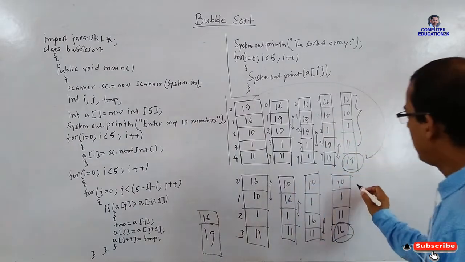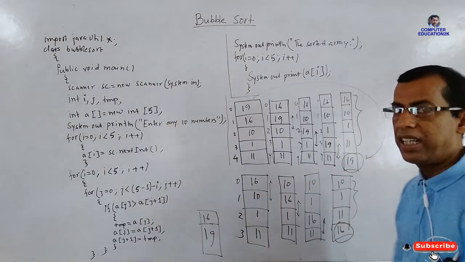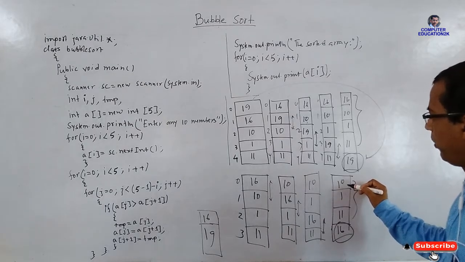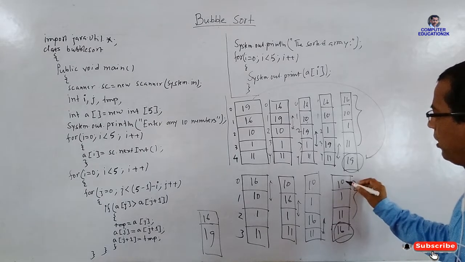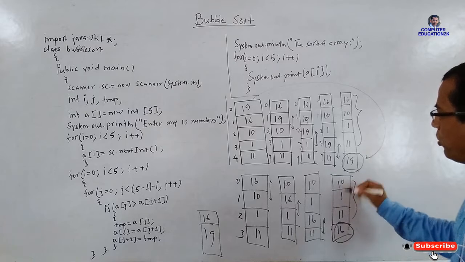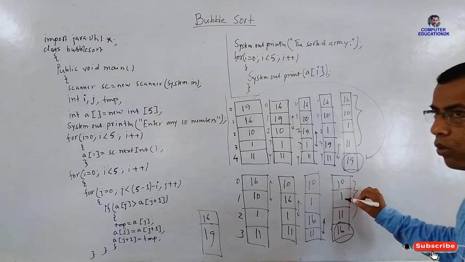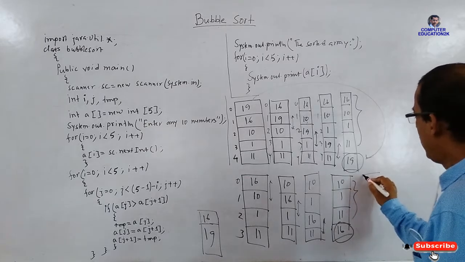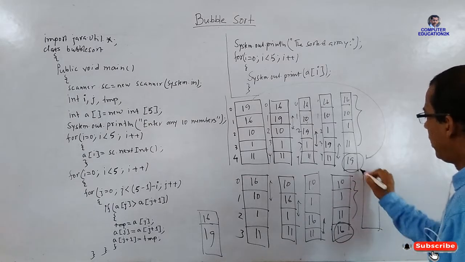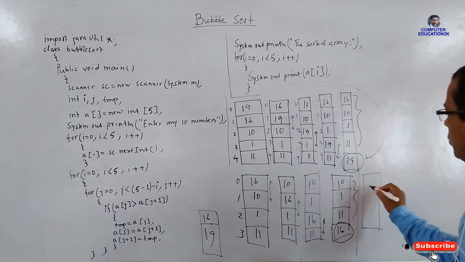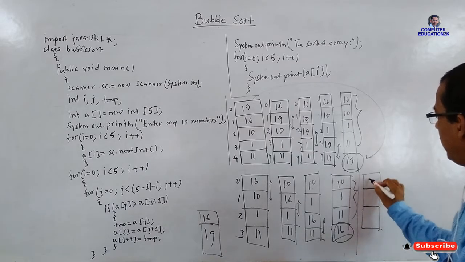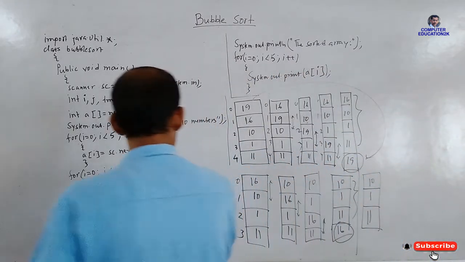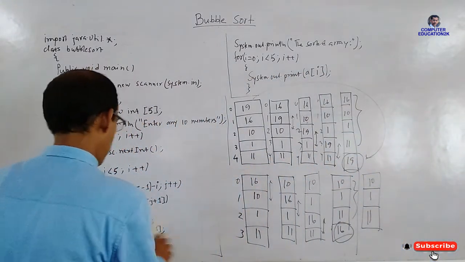Now the remaining elements we will again take and sort. Obviously this time you can see 10 and 1 will be compared. So 10 and 1, so 1 will go up, 10 will come down. Then again, just see here, I will do it again. The remaining values will be compared. So the remaining values are what? 10, 1 and 11. Okay, so I just write here.